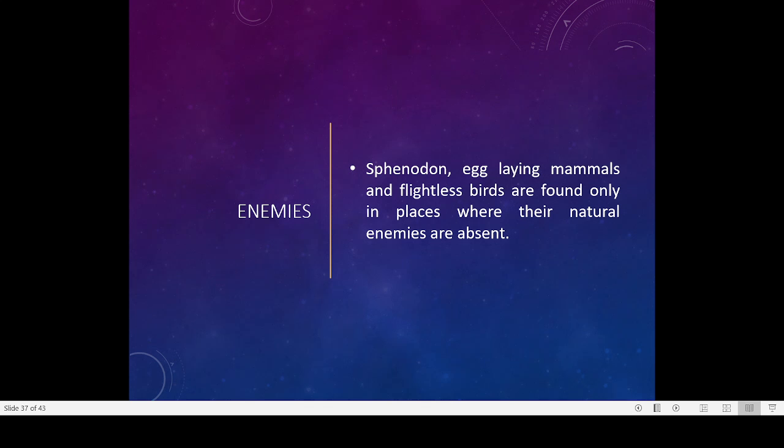Now, another case is the presence of enemies or predators. Spinodon is an animal, actually a reptile. Then another case is the egg-laying mammals. Flightless birds are found only in places where their natural enemies are absent. For example, egg-laying mammals are only present in Australia and New Zealand. Flightless birds are also mostly present in Australia and New Zealand. The reason is that